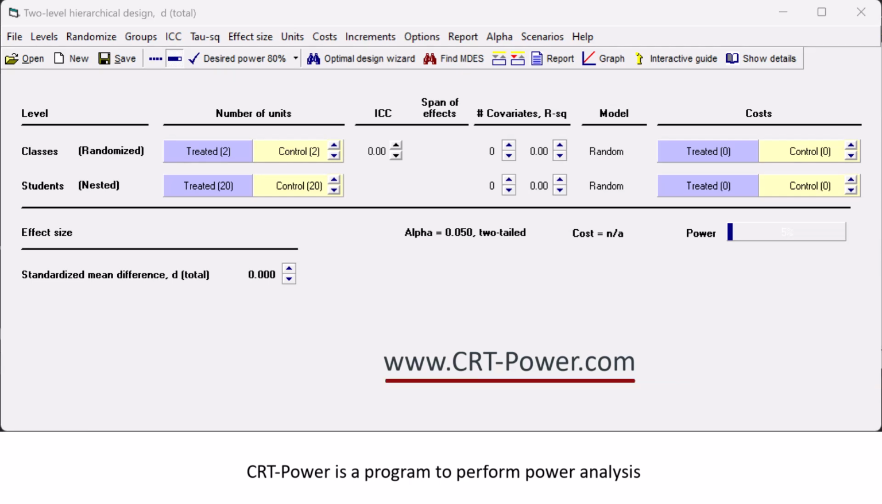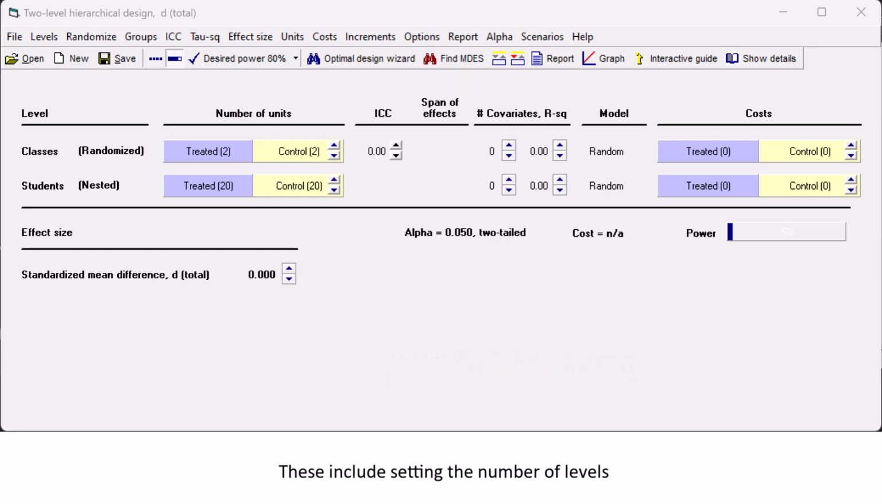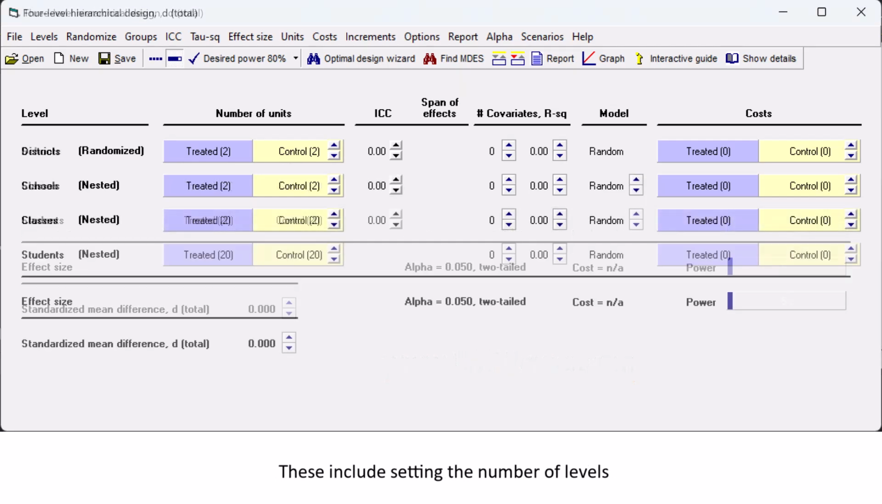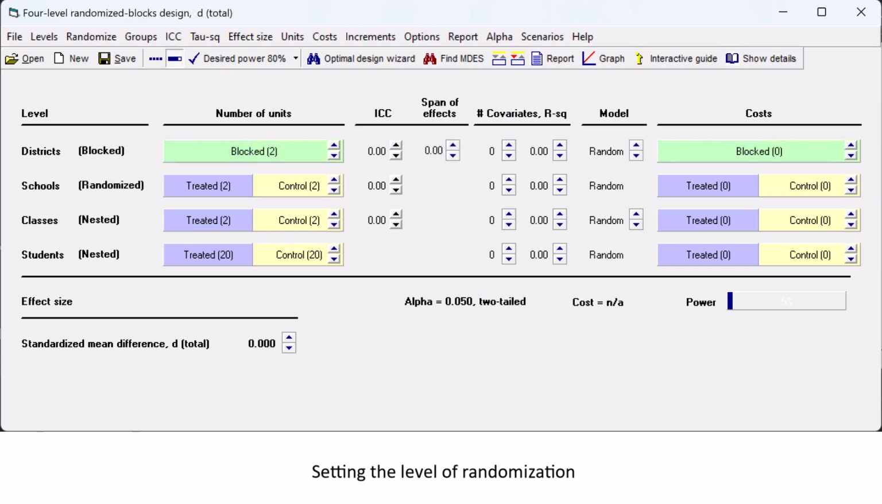CRT-Power is a program to perform power analysis for cluster randomized and multi-site trials. This video highlights the program's features. These include setting the number of levels, setting the level of randomization,